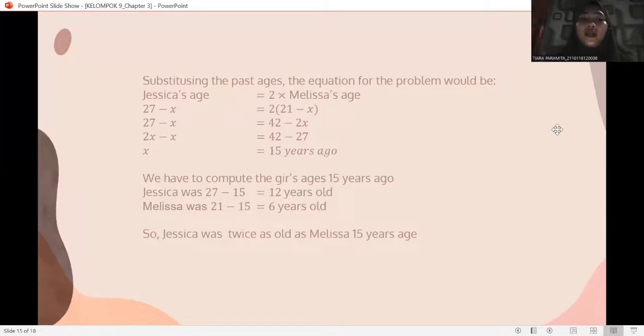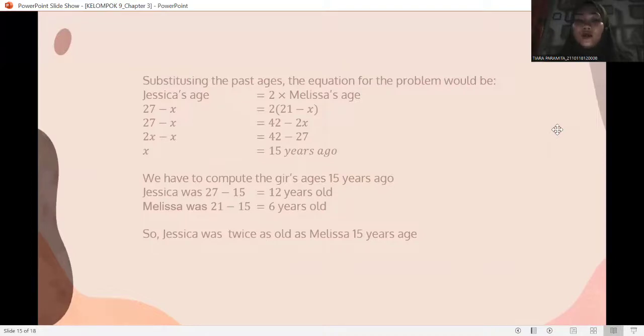Jessica's age is 27 minus x and 2 times Melissa's age is 2 times 21 minus x. So 27 minus x equals 42 minus 2x. 2x minus x equals 42 minus 27. x equals